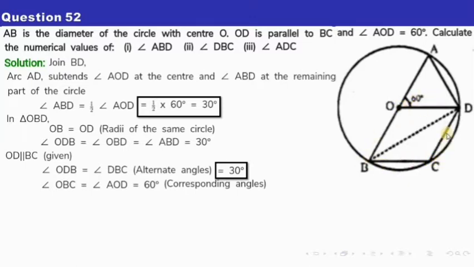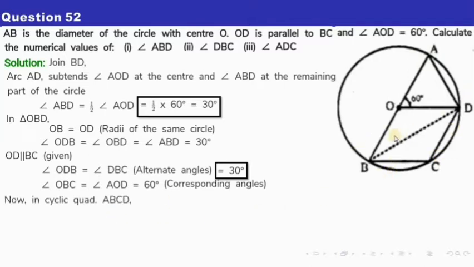corresponding angles. So again, since these two are parallel, that's why this angle and this angle are called corresponding angles. All right, so this is also my 60 degree. Now we have A, D, C and B all lying on the circumference. So I can say ABCD is a cyclic quadrilateral.